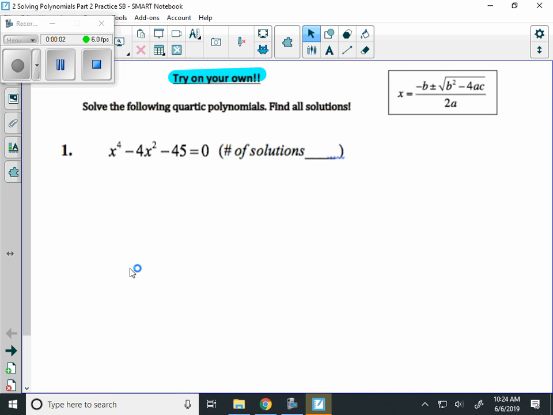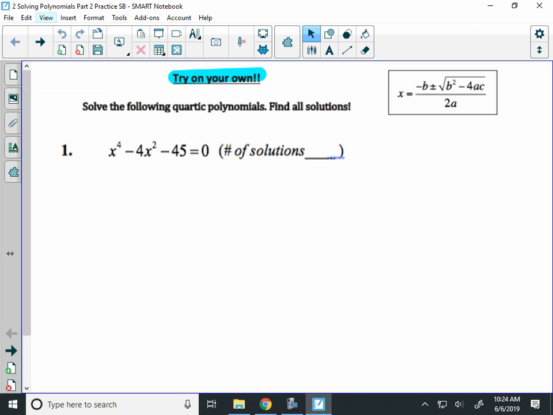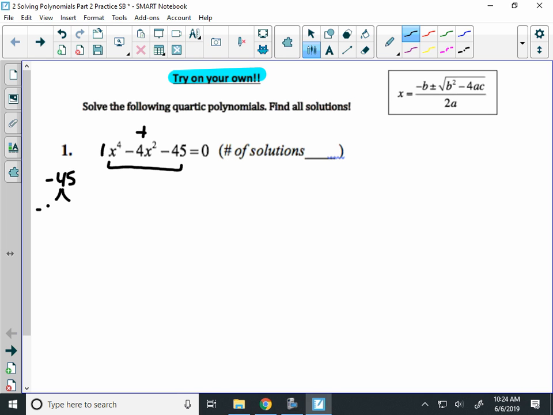Part 2 practice. We're going to do 1, 2, and 4. The first problem here is a trinomial. It has 3 terms. So we're going to factor by splitting the middle. All right, I have multiplying here. 1 times negative 45 is negative 45. Need two numbers that multiply to negative 45 and add to negative 4, which would be negative 9 and 5. Now before we move on, I should notice that there's degree 4, so I'll have 4